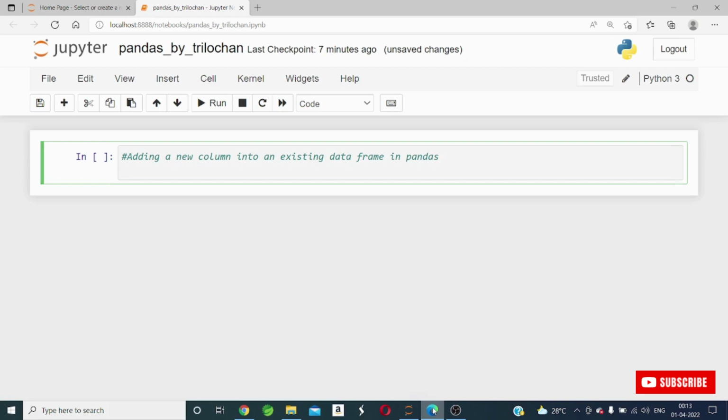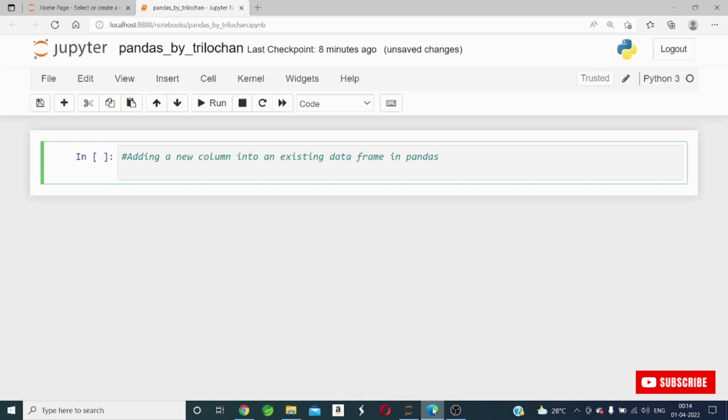It is a completely free and open source library specifically used for data analysis and manipulation. And Pandas provides two data structures, one is series and one is data frame. So guys, in my previous video I have already explained about series and data frame. So now this is one of the nice points, how I will add a new column into my data frame. So guys, there are various ways, various methods, various approaches that we will see for adding a new column